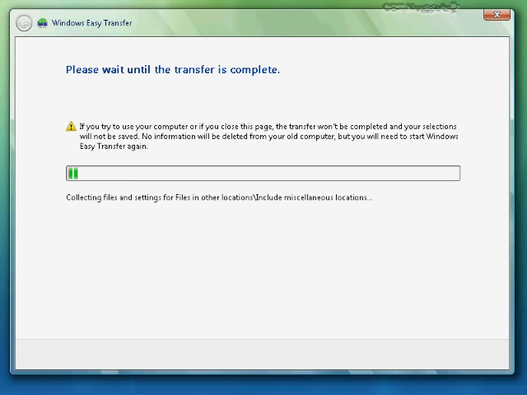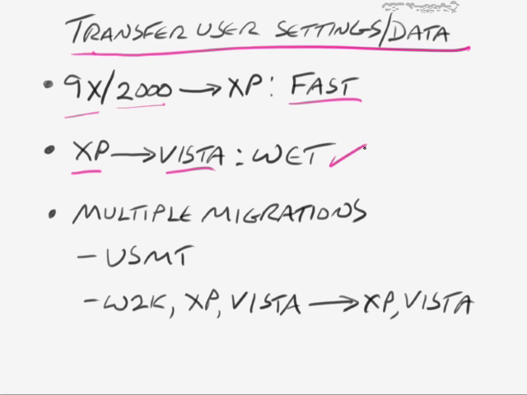So go ahead and let that do its thing, and then I would have all of those settings in the destination. And then if I were to format this hard drive on Windows XP, which is what I'm currently using for my operating system, then at a later time, I could go into the Windows Easy Transfer Wizard, and then I could bring all those settings back from the server that I'm saving all this information to. Now, I don't think this is an A+ exam objective, so I'm not going to elaborate on